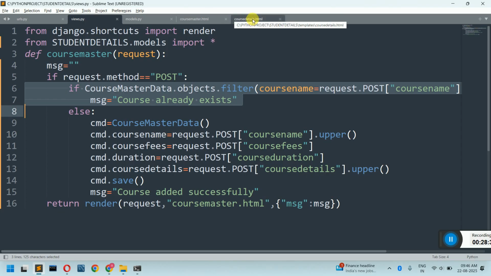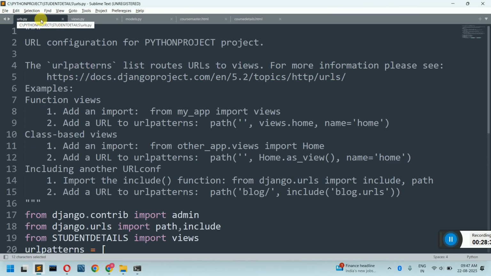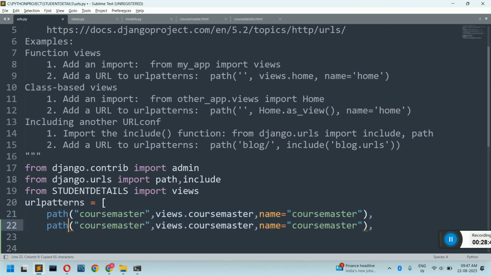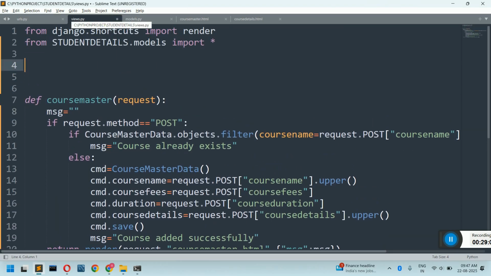And remember, when we have created an HTML page, the very next thing that we have to do is add one path. So come to this place, just copy the above line, paste it, say course details, copy, paste. And then we have to create a function in this case. So once we have created an HTML page, we have to create a URL. Once we have created a URL, go to views.py and here we create a function, that is def course details